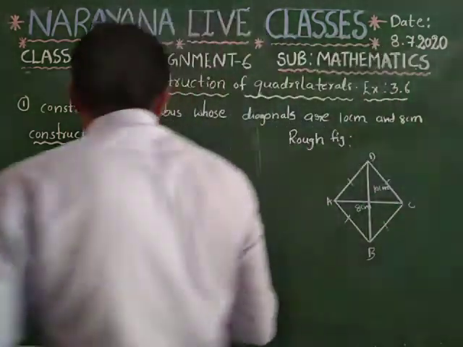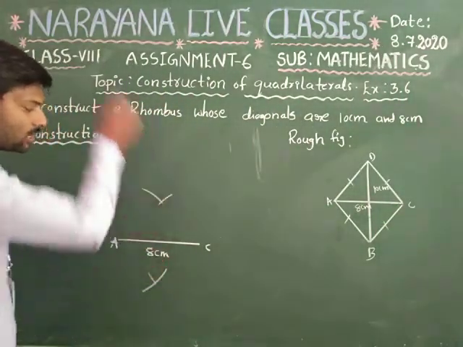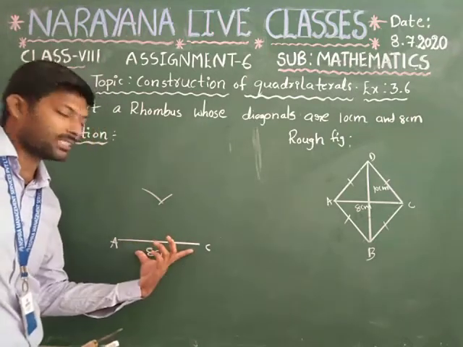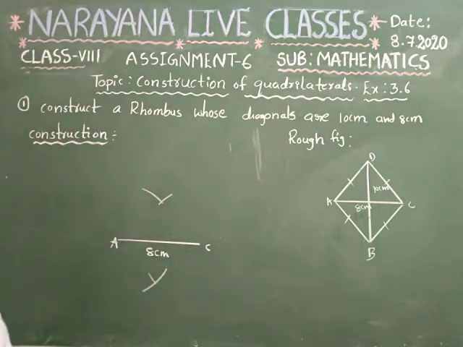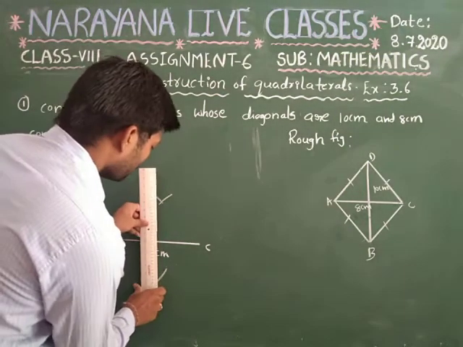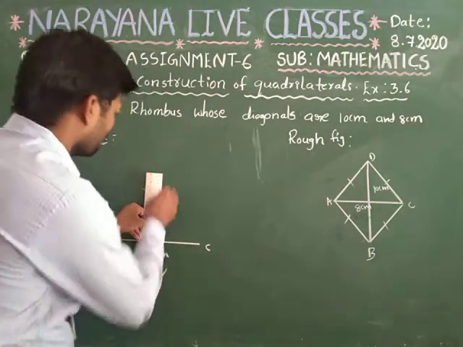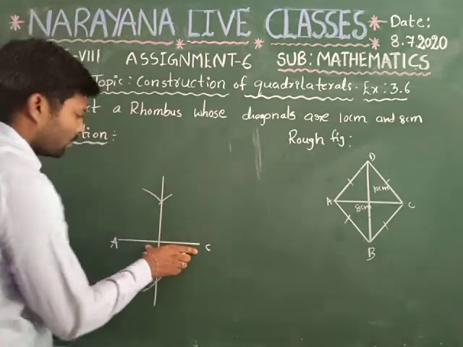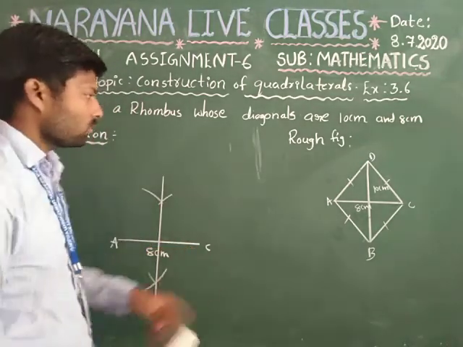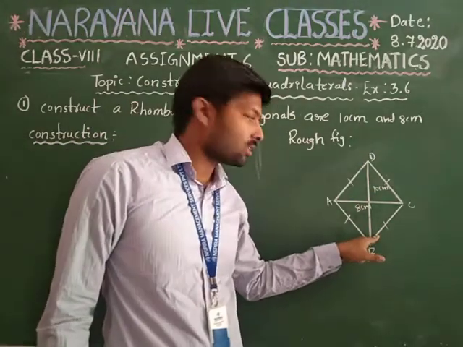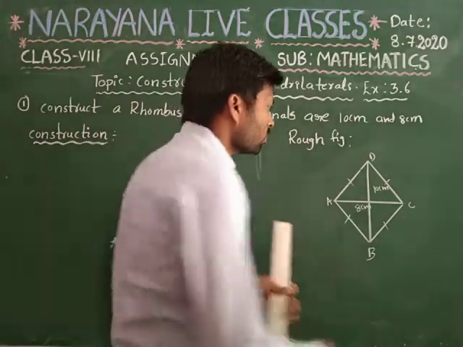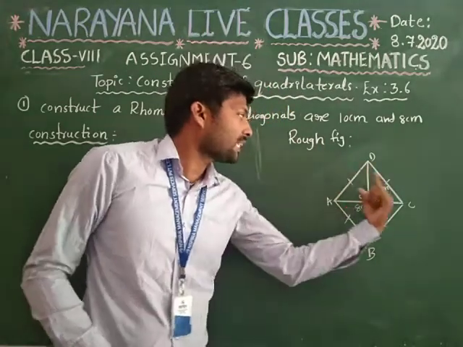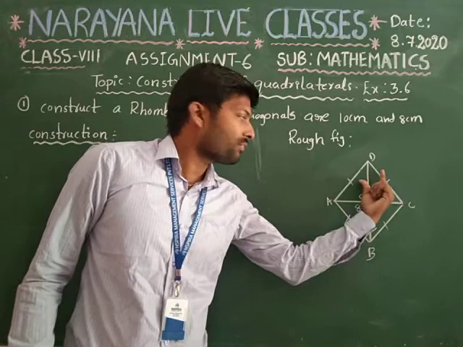First of all, we have to draw a line which passes through these two points. This will pass exactly through the midpoint of the given line segment AC, and it is exactly perpendicular to line segment AC. Now the other diagonal is 10 centimeters. So what is the length from O to D? It is nothing but 10 by 2, that will be 5 centimeters.